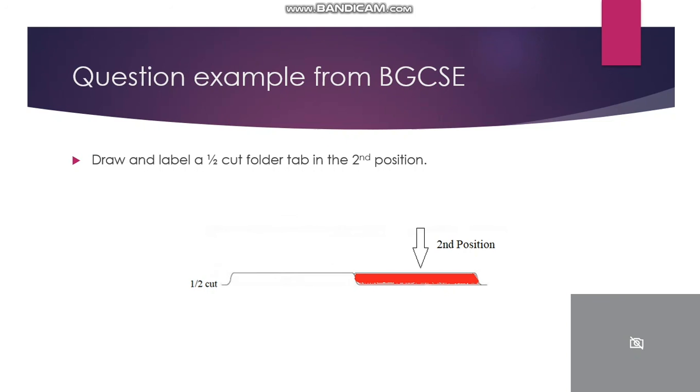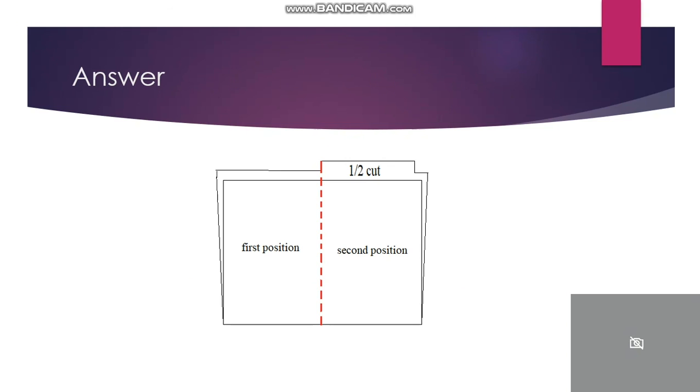And if you were to draw and label it, it would look something like this, or like this. This would be the answer. So you have first position and second position. The tab is exactly half of the folder in the second position. So a half-cut tab, I'm going to circle it in blue, a half-cut tab in the second position. I'm going to underline that there just to emphasize the point. Half-cut